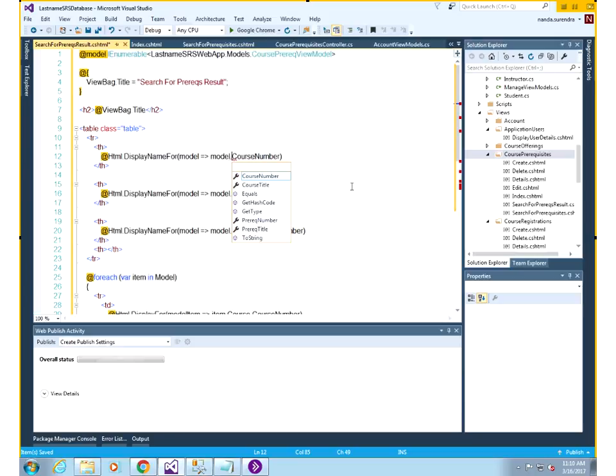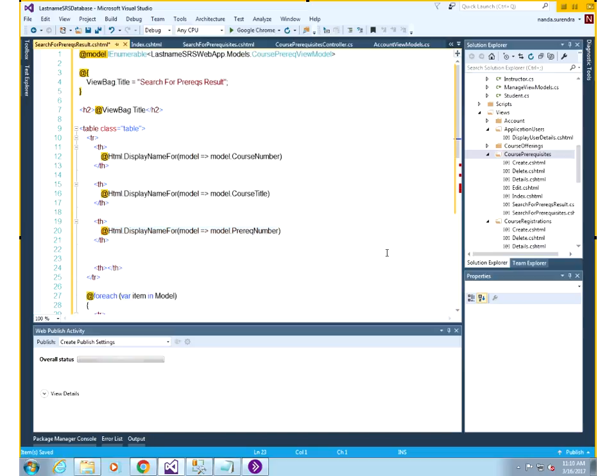Model dot, it's directly there off of the model. The course number, I don't have to navigate over course title. This is in the header, so whatever the header is, prereq number, and then finally